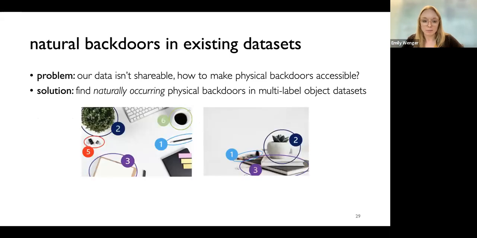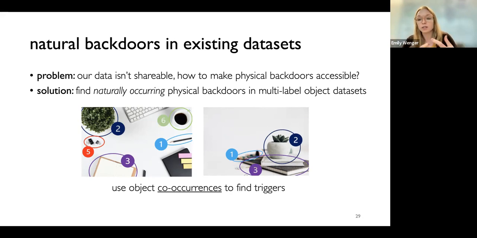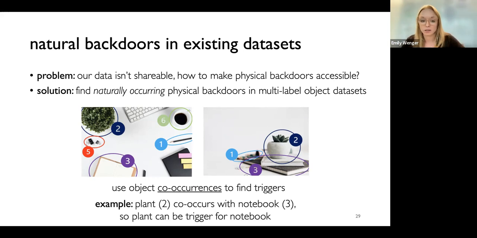Just to illustrate what that means, a multi-label object data set looks something like this, where you have images that have bounding boxes containing distinct objects. In these, there are plants which have label 2 in both images, there are notebooks, and there are pencils. What we can do then is use the co-occurrences between these different objects in images to find potential physical backdoor triggers.